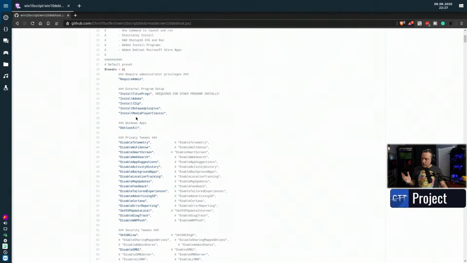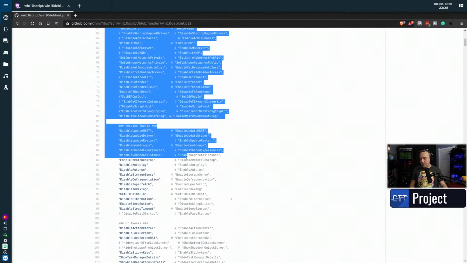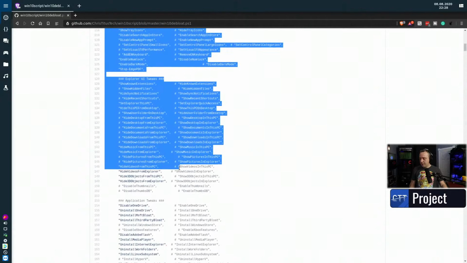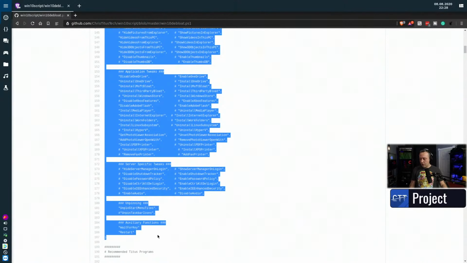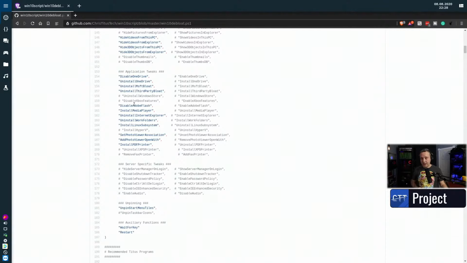What this does is tweaks, this little subroutine at the start here. Don't be intimidated by it. This right here is where all the good stuff is. Everything below it, these are just calling those little subroutines below it. But these things just tell you what's happening. It says, hey, this is disabling Adobe Flash. If you want to change that, you just simply comment it out with a little hash sign